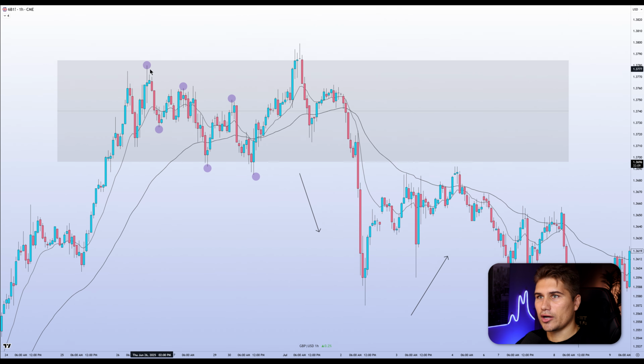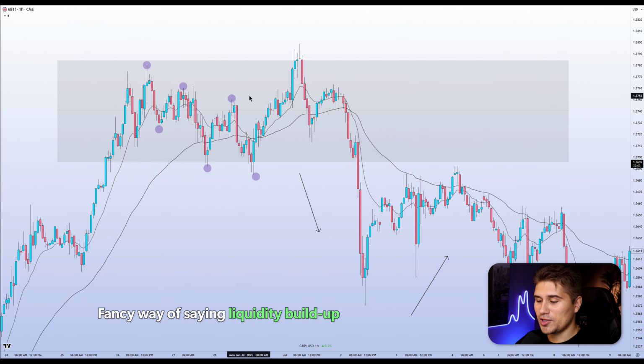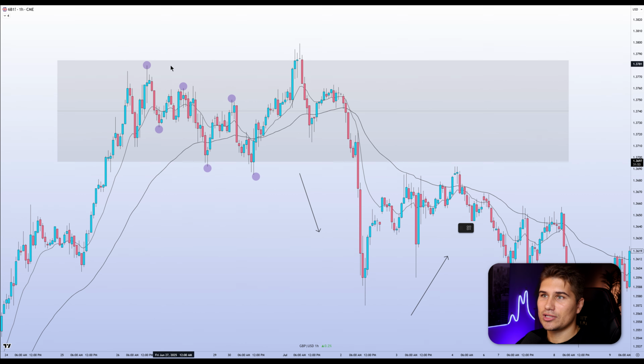And this is where these lower highs basically represented a low resistance liquidity pool. Not to confuse you guys too much, I can actually go more in depth about those in future videos. But basically what that implies is that we had a buildup of liquidity here. And so this is where the price pushed up and it swept the liquidity and we continued